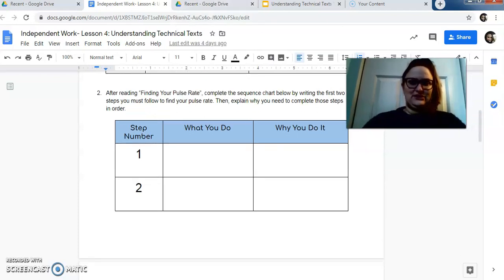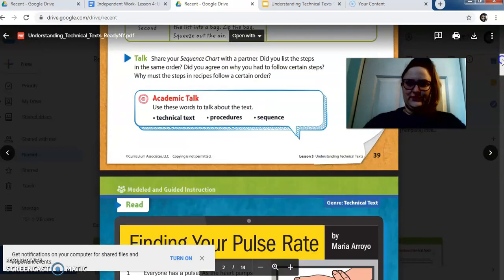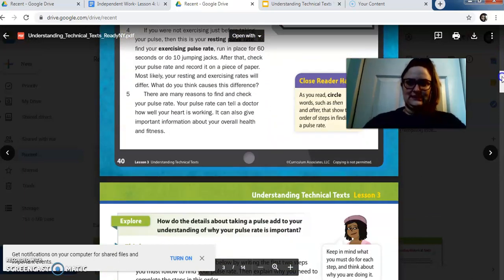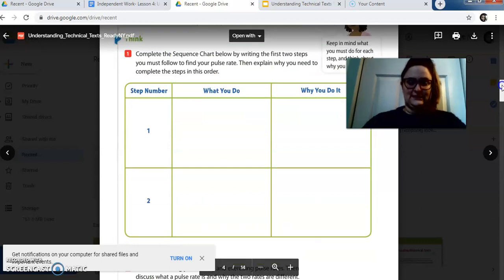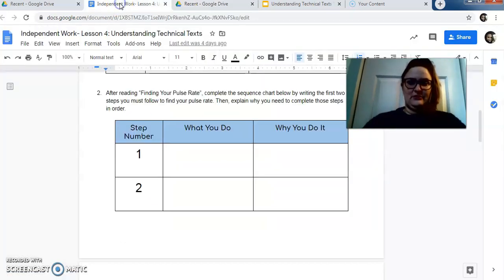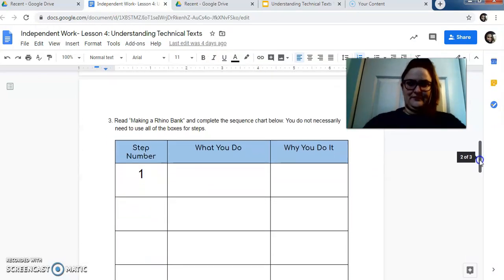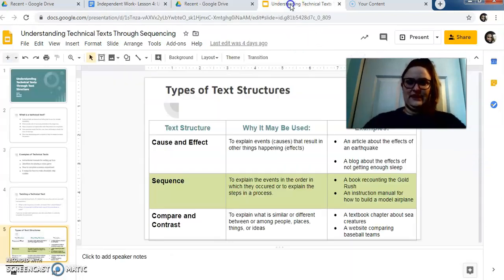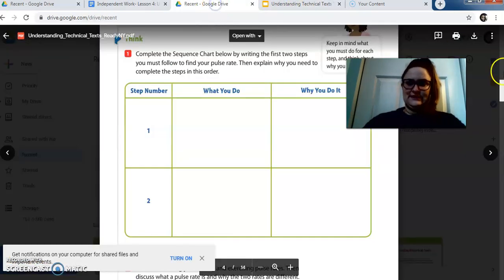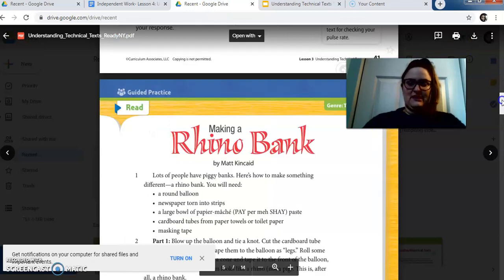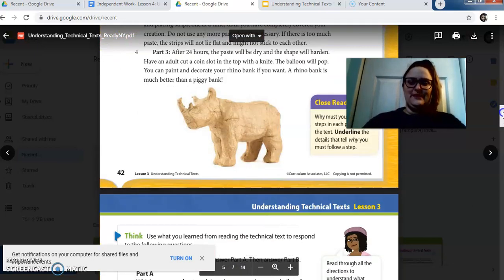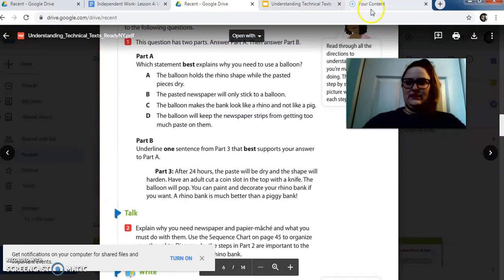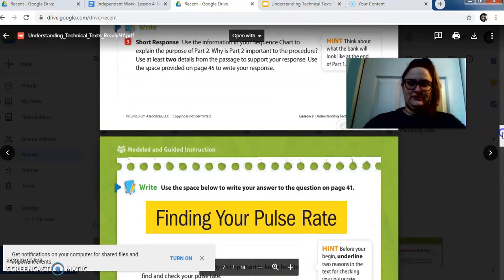After you do this smash and mole, you are going to read Finding Your Pulse Rate, and you're also going to be completing the same chart that's in the text materials on your independent work. So this is exactly what it looks like. After you finish that, you're going to be reading Making a Rhino Bank, which sounds kind of cool. It's not that cool, but it's pretty cool. And you're not going to be doing the questions today, but you're going to be doing